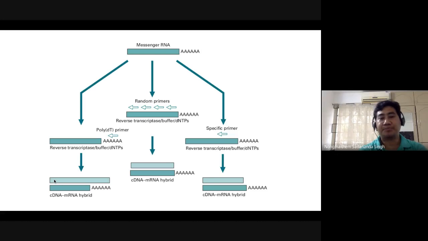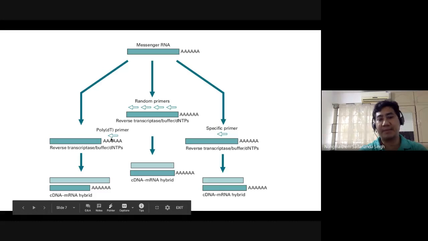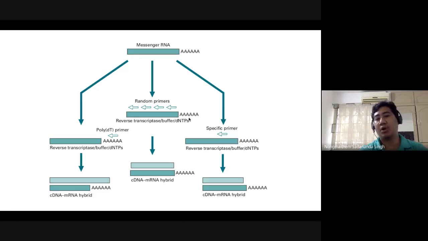Now, by doing this, there are different ways. You can use poly dT primer or oligo dT primer, or you can utilize random primers. Random primers are like 20 base pair long oligonucleotides. You randomize during the synthesis. Instead of specifying a particular base, you say any nucleotide can be incorporated at the first position, second position, third position, so you get a library of oligos. Those are called random primers. So when you throw these random primers in, what will happen? They can bind to the mRNA at different positions, and they can extend the